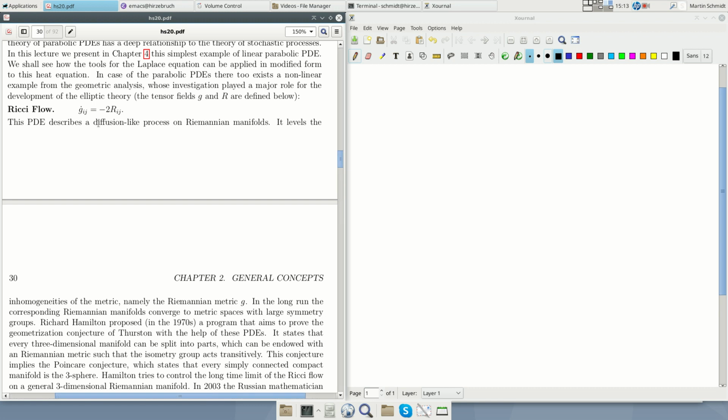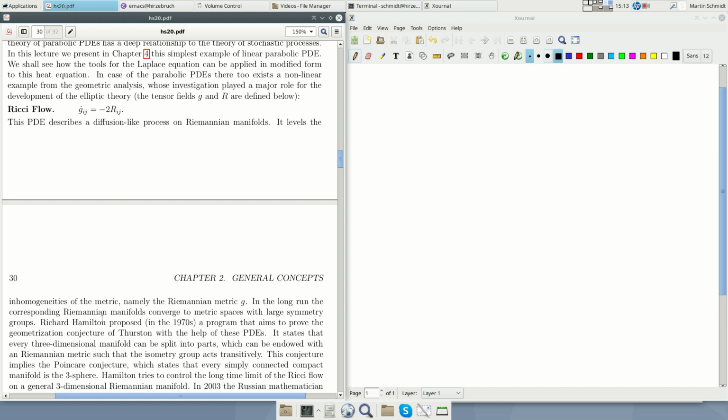Okay, and this Ricci flow, one can show that this is a diffusion-like process. So it also levels inhomogeneities of the metric. So the idea of Richard Hamilton was the following. He considered,